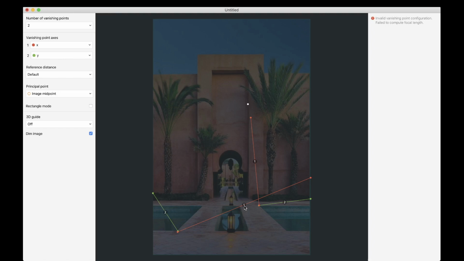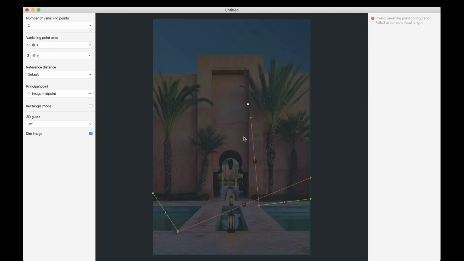So currently you can see there are 4 lines and the pairs are numbered equally. Like there are 2 lines which are numbered as 1 and there are other 2 lines which are numbered as 2. So now over here you can see the lines which are numbered as 1 are the x-axis lines and the lines which are numbered as 2 are the y-axis lines. Also this can be seen using the color coding.